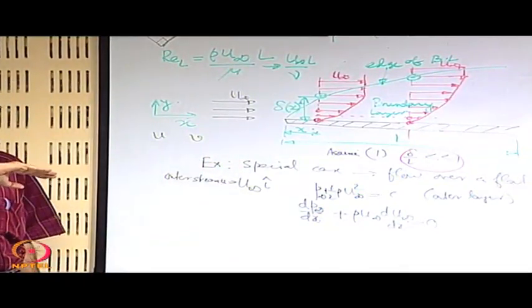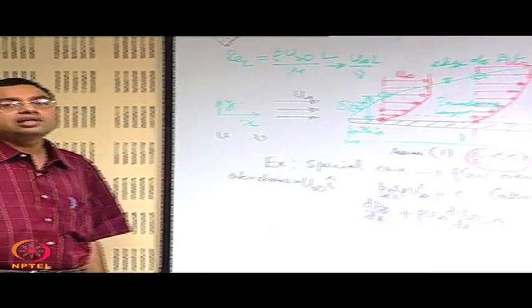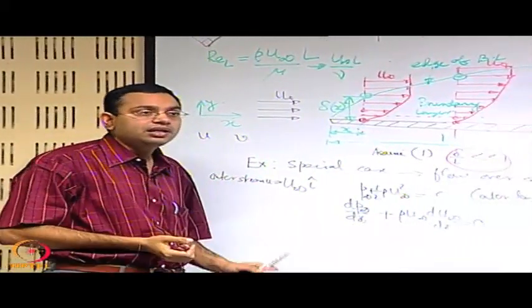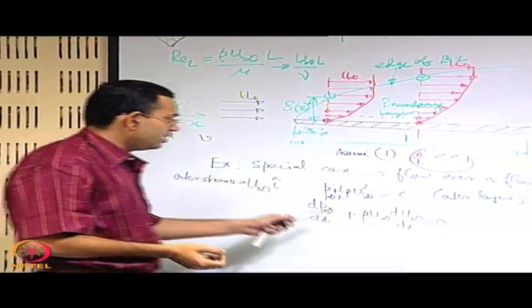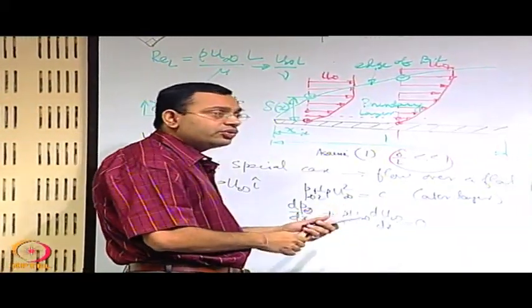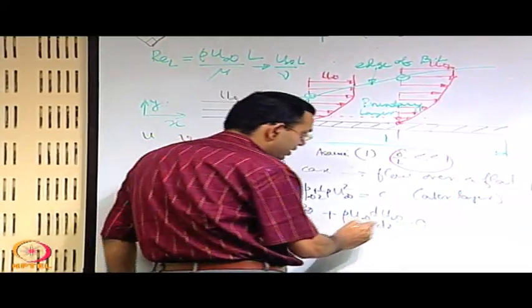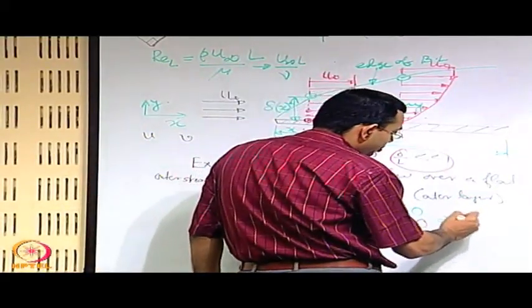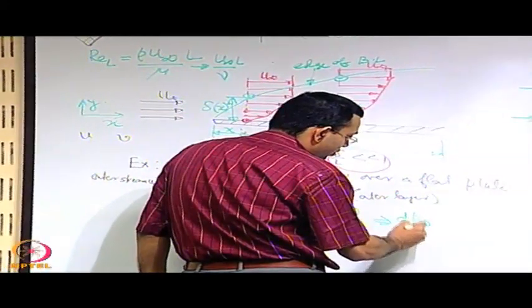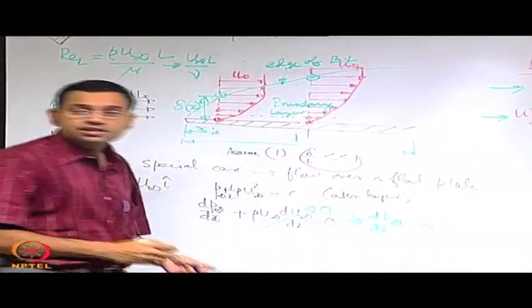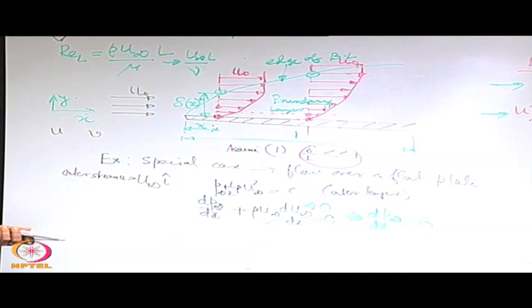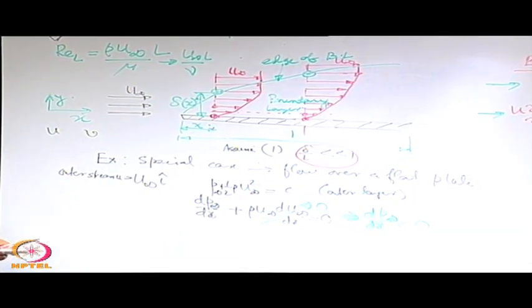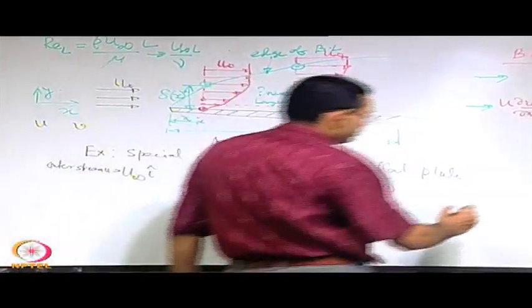So there the curvature will introduce a pressure gradient, and that pressure gradient will imply that there will also be a u infinity gradient, so to say. But here the u infinity gradient is 0, u infinity is constant for flow over a flat plate. So du infinity dx equal to 0, which implies that dP infinity dx equal to 0. So for flow over a flat plate dP dx is 0. So when you have dP dx equal to 0, then you are left with your momentum equation with this one,